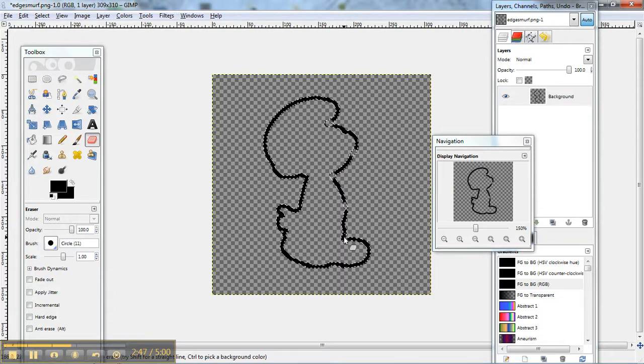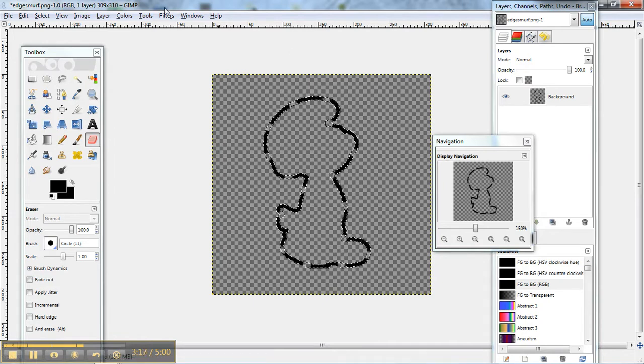I just go along the edges and start making some snips. And once we've got that snipped out,